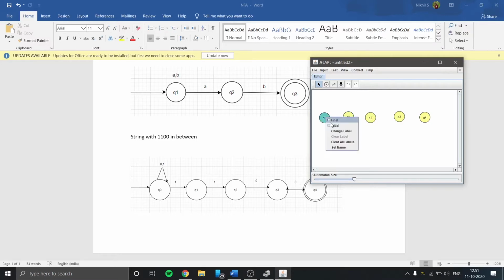We will make Q0 the initial state and Q4 the final state. We will add transitions between them: Q0 to Q1 on 1, Q1 to Q2 on 1, Q2 to Q3 on 0, and Q3 to Q4 on 0.